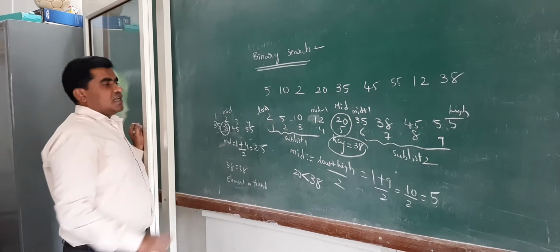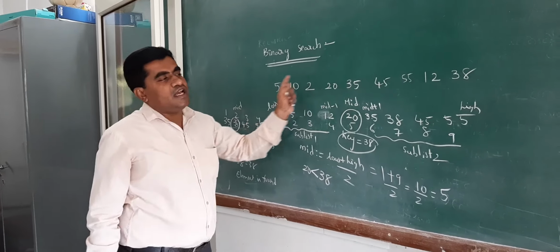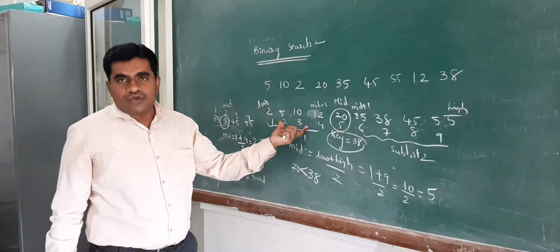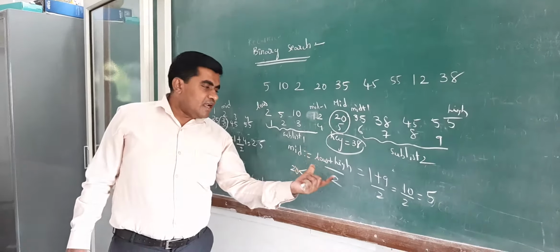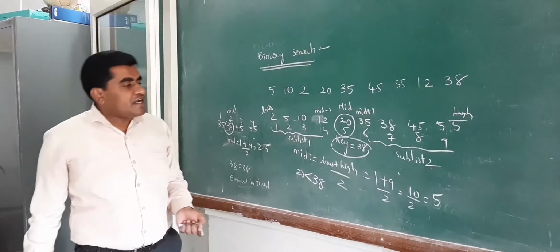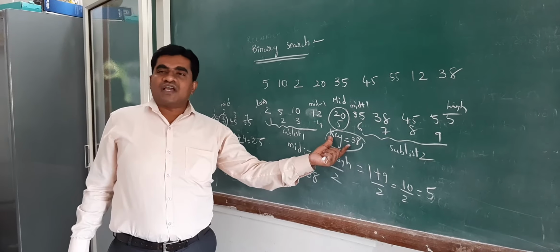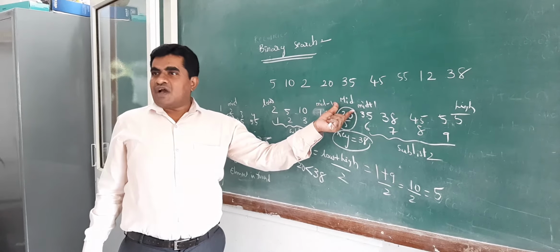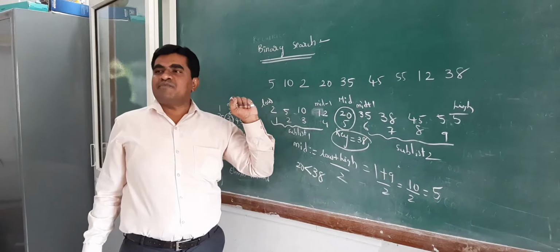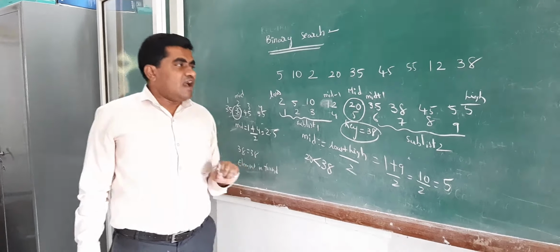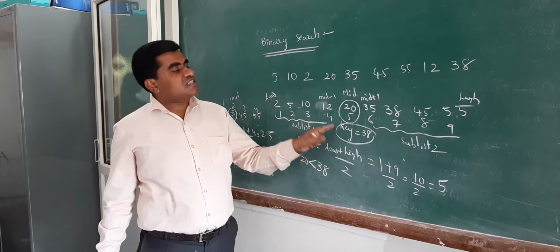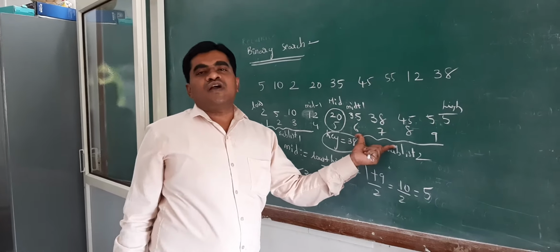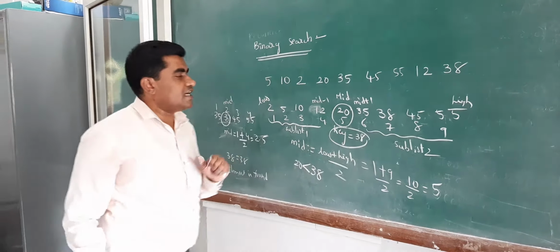So what is the procedure? First we have to arrange all the elements in the sorting order. Next we divide the list into two sublists based on the mid value, mid equal to low plus high by 2. Whatever the searching element is, we assume it as the key element and compare it with the mid value. If it matches the mid value, then the element is found. Otherwise, if the searching element is lesser than the mid value, we go to sublist 1. If it is greater than the mid value, we go to sublist 2. Now we will write the algorithm for this.